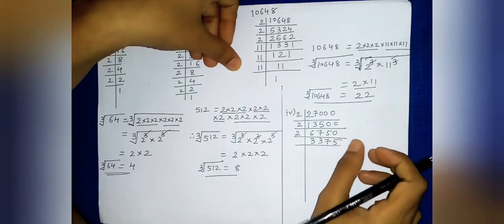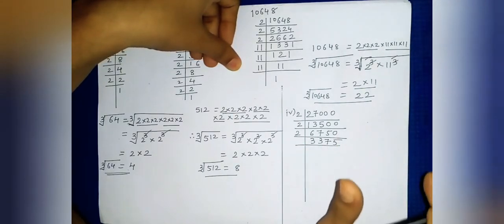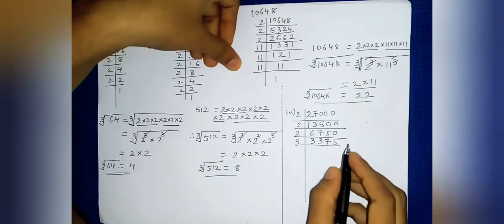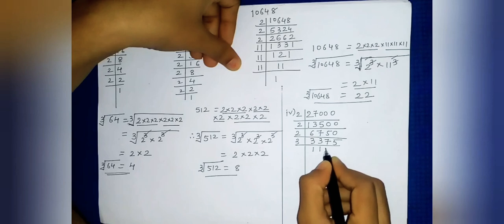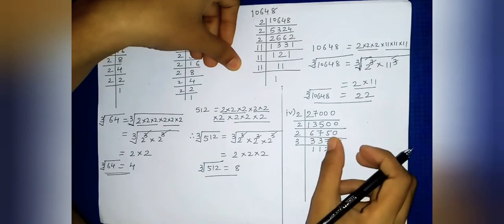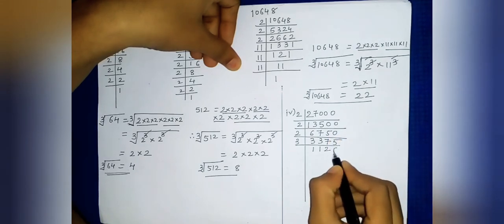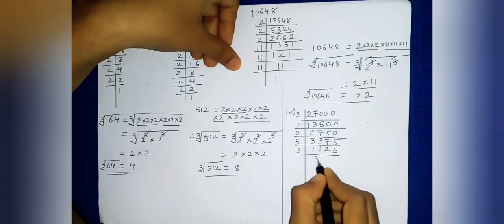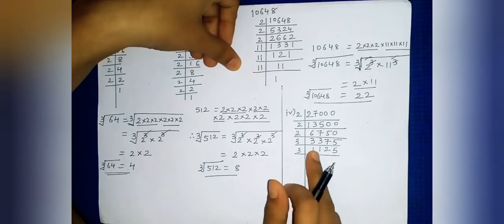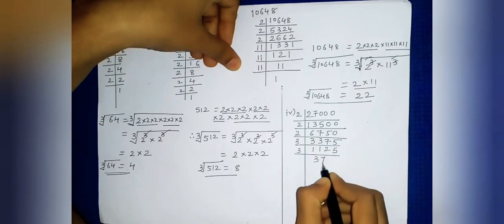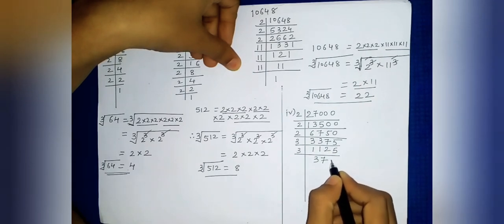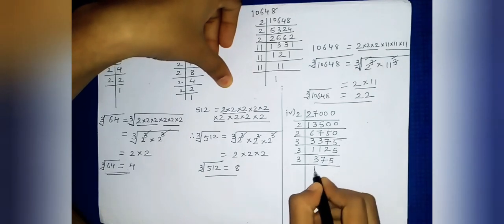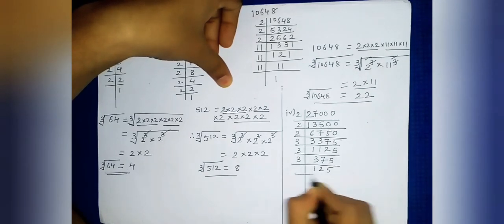Now the last digit is 5, so now we have to take with 3. Okay, with 2 not possible. So you will start with 3. Okay, so 3 1s are 3, 3 1s are 3, 3 2s are 6. 1 left, 15 means 3 5s are. Again we will take with 3. So 3 3s are 9, 10, 11, 2 left. So 22 means 3 7s are, and then 3 5s are 15. Now again we will take with 3. So 3 1s are 3, 3 2s are 6, and 3 5s are 15.